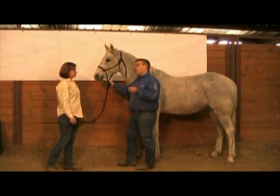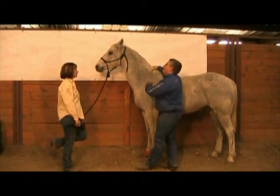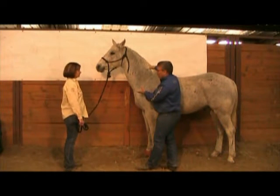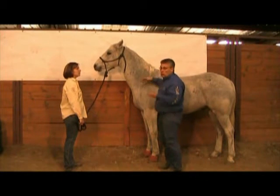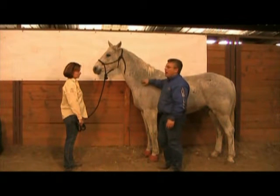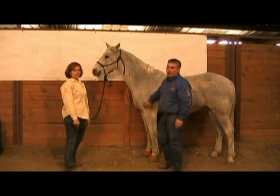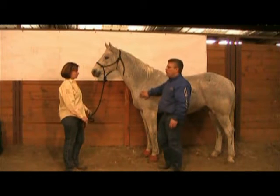So when we're looking at a horse like this, it's a good worker, but he gives us some indications of pain, especially when we're just sitting here working on the ground, in the way he reacts to us. We take a guy like this, and if we can help manage his pain and help calm him down through a multifaceted approach, this is a horse that we're not going to be able to solve his problems with